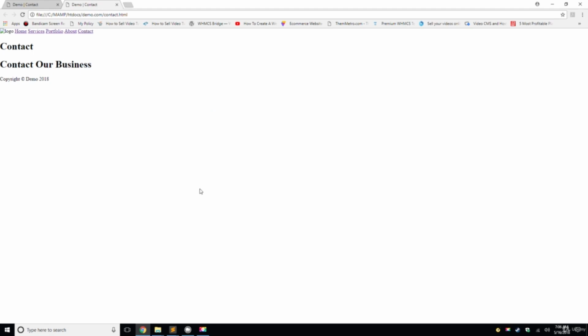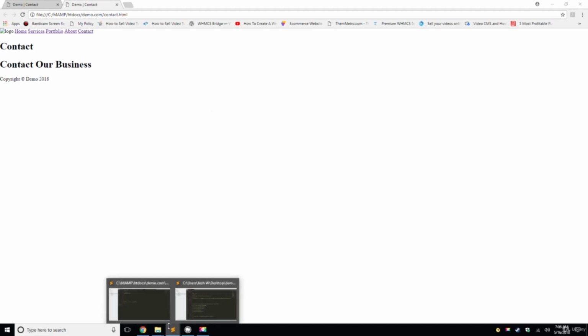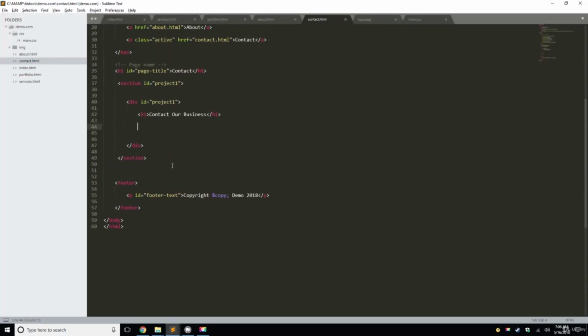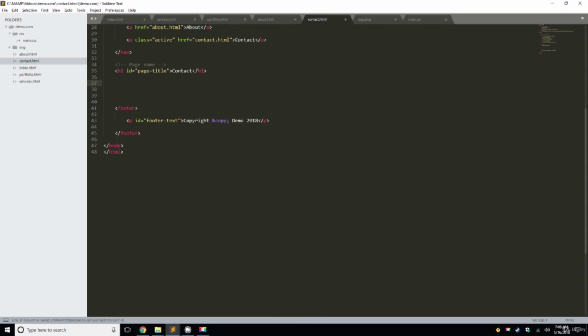Now what we're going to do is build out a form. So let me look here. All right, so let's go into our code here. And what I want to do is let's actually delete this entire section, because we don't need this. We're going to add a form to the page, and so we don't need section and all that. We're just going to do form. Okay, so let's tab in, and we're going to comment this out. Start of contact form. Okay, and then we're going to type in form, hit enter, return 3 times,